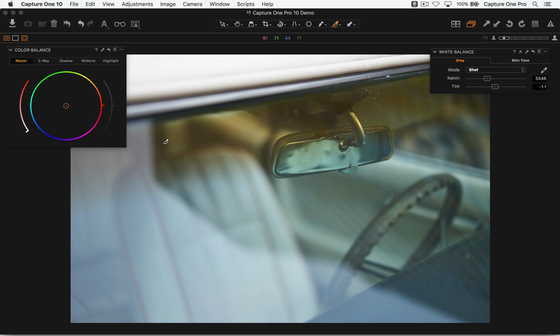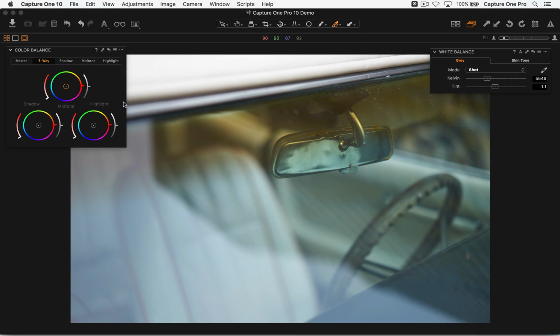So with all that in mind, how does the tool actually work? It's presented like so with 5 different tabs at the top. We have a master tab, a 3-way tab, which is the shadows, midtones and highlights, and then the shadows, midtones and highlights are also shown separately. So if I make an adjustment, say to midtone, it's reflected here in the midtone tab as well. Purely if you just want a bit more real estate on the wheels by working on them individually as opposed to 3-way, for example.